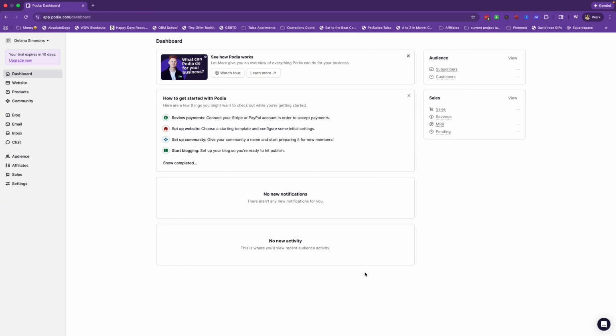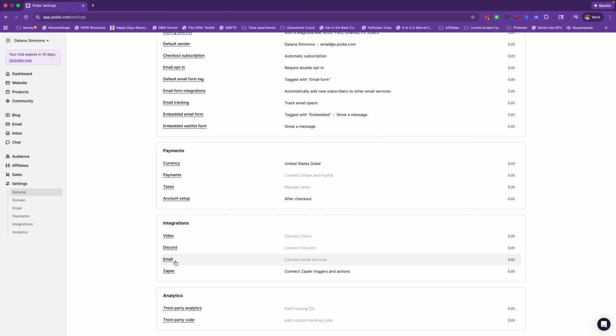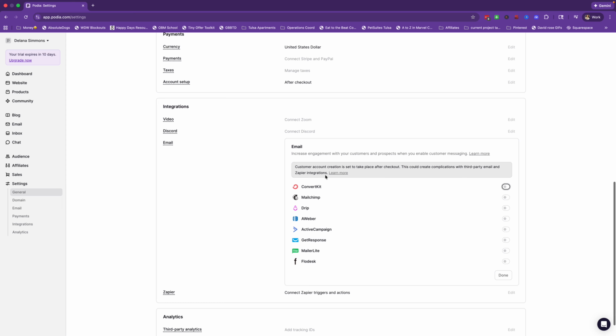Okay, so once you're in your Podia account, you are actually just going to come down here to settings, and then down under integrations, we're going to go to email, click edit. Now I'm showing you the ConvertKit or Kit integration today, but you can see here that there are other email services that you can also integrate directly with Podia, including Flowdesk, which is my other recommendation for sending out emails. So I can come and do a Flowdesk tutorial for you later, but for now we're going to start with